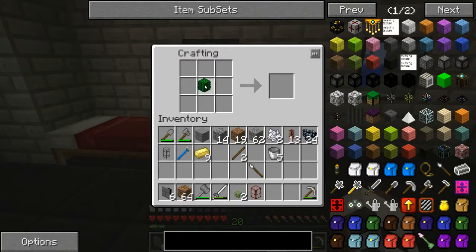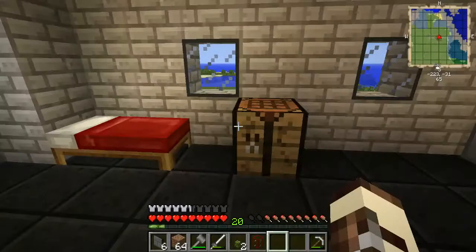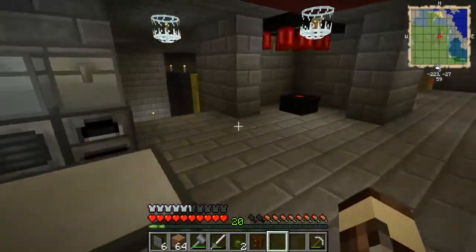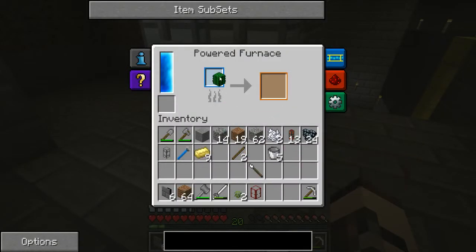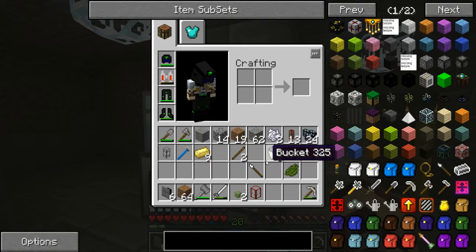So if I take this and go like this, that was not what I was hoping for. Oh yeah, I got to cook the cactus, don't I? To get cactus green, you just stick it in there, and it outputs cactus green. Alright. So now in theory, if I do this and this...